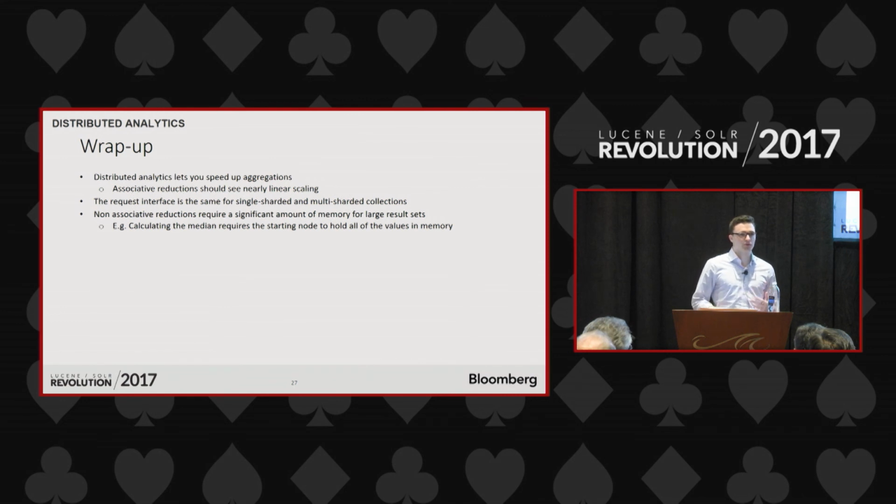So if you're trying to do associative reductions, you can see almost linear speed up with the number of shards you have, because you're distributing most of the computation to the shards and then doing minimal processing in the originating node. So if you have, let's say, 12 shards, you can see an almost 12 times speed up on some reduction functions. And obviously, the request interface looks the same no matter if you're using a single sharded cluster or a